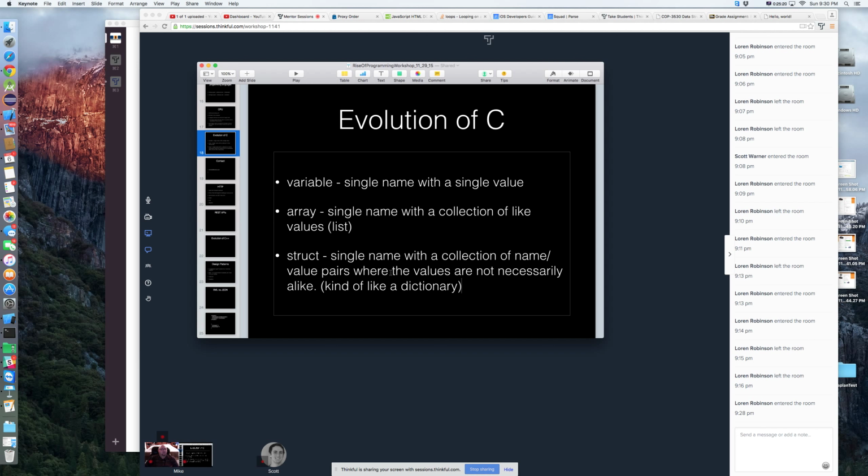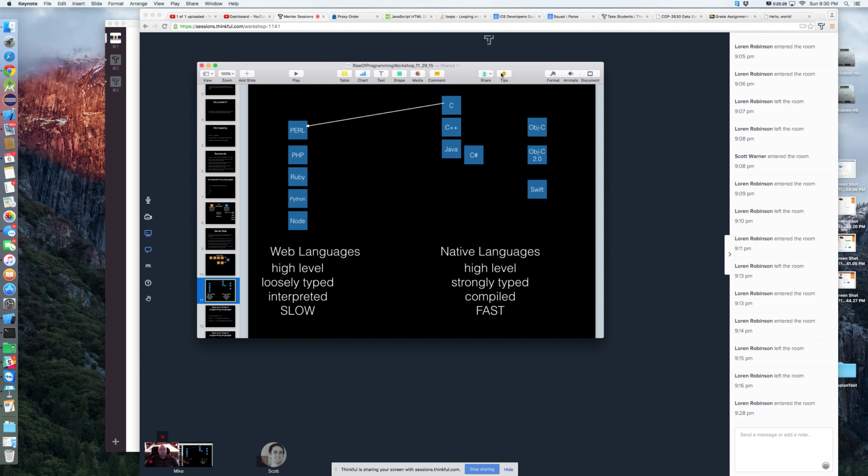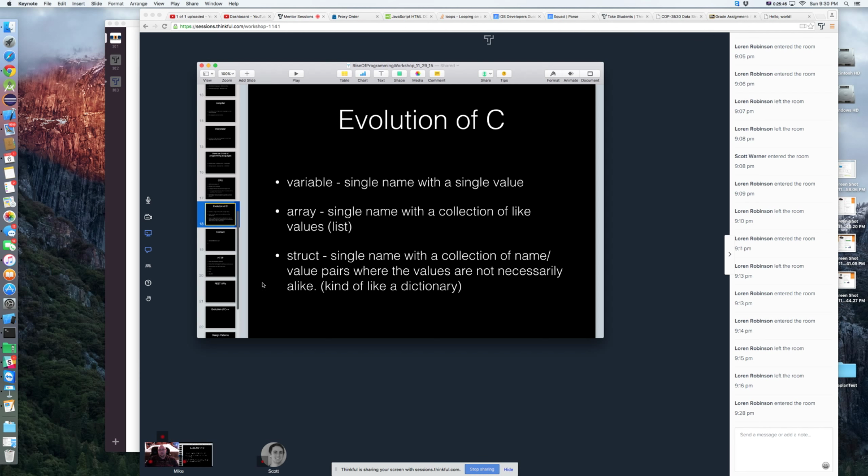Having said that, this is kind of where C stopped. C is a language from 1968. I don't remember if I put that on our chart up here, but this is a pretty old language. So there are some things we need to consider with C and try to understand about why C fizzled out for us, and also why C made some of the decisions that it made.